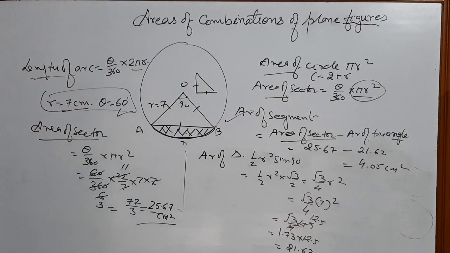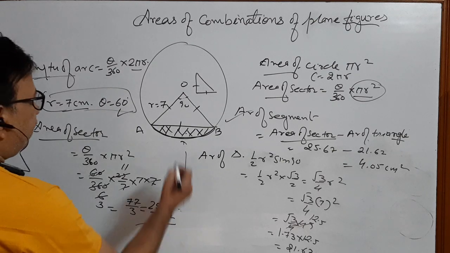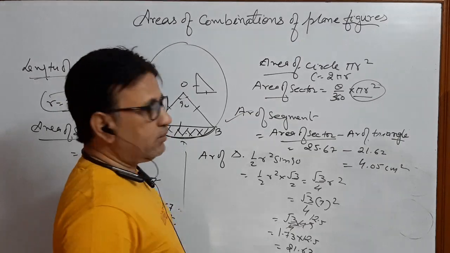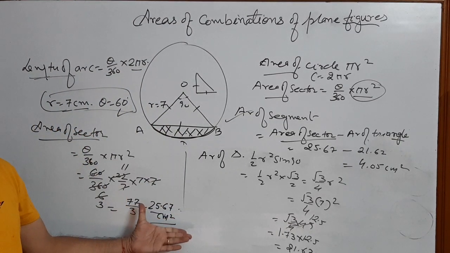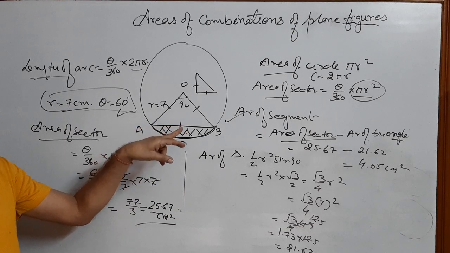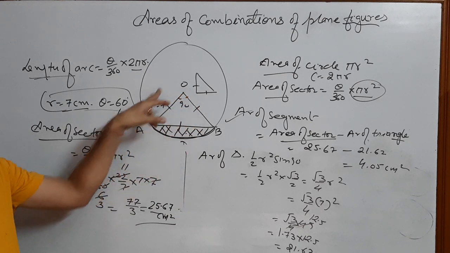So in this way we can find the area of segment. In the next video we will see it for 90 and 120. Clear? Please note it down and try to understand it once again. Area of sector, for that theta upon